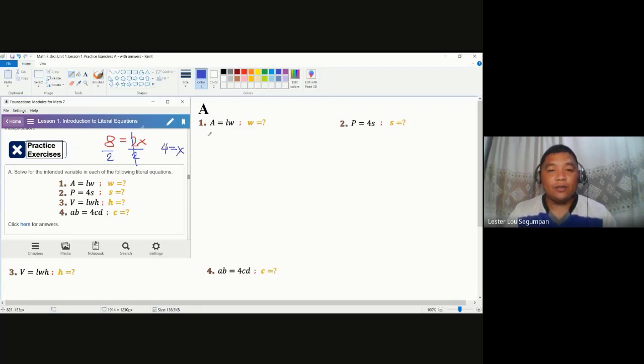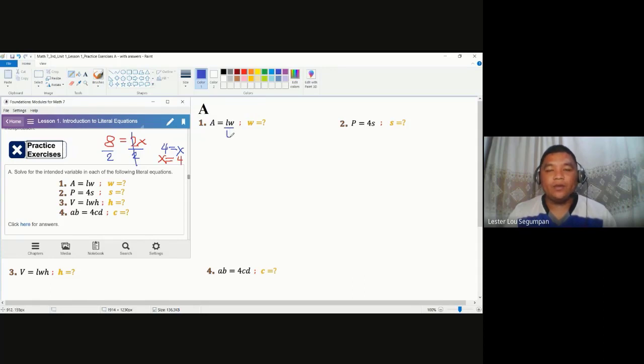And just for a formal presentation, we could apply the symmetric property to interchange the sides without changing the values of the coefficients or the terms. Then we have here x is equal to 4. So we are going to do the same process here. Again, the operation separating the length and width is multiplication, and therefore we are going to divide both sides